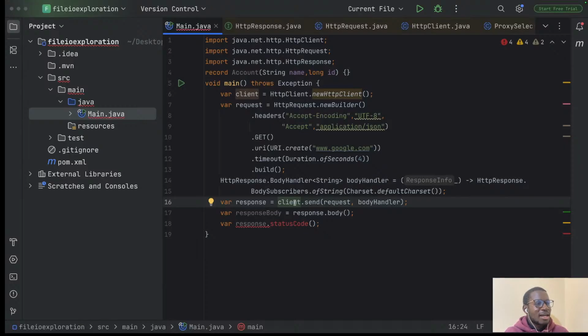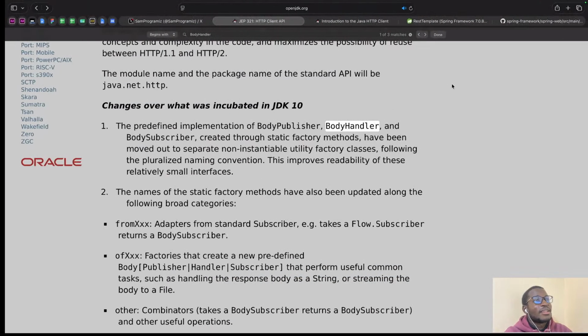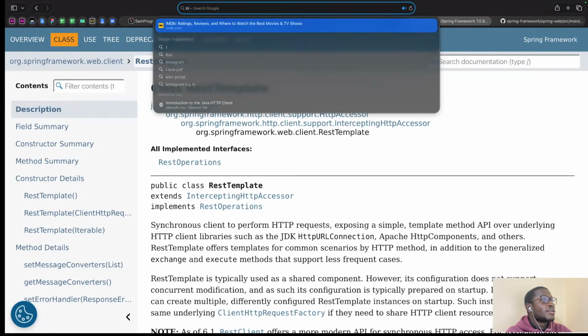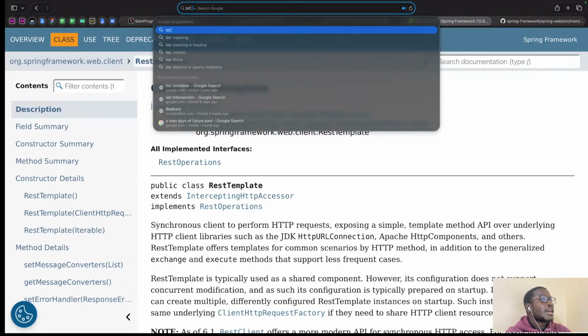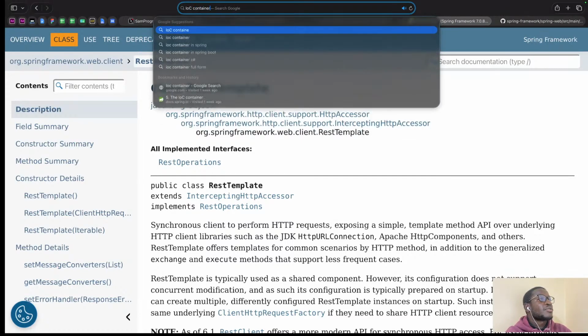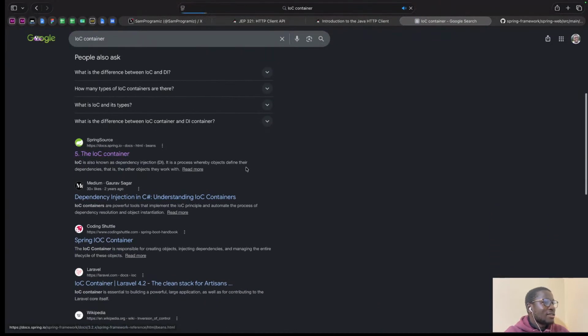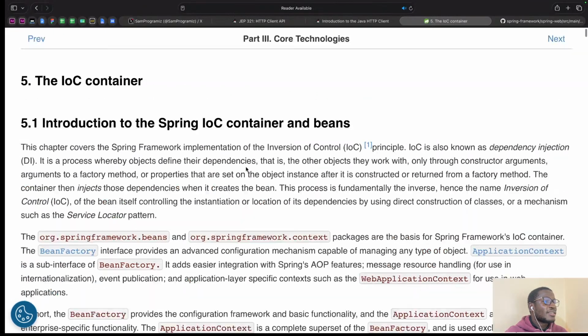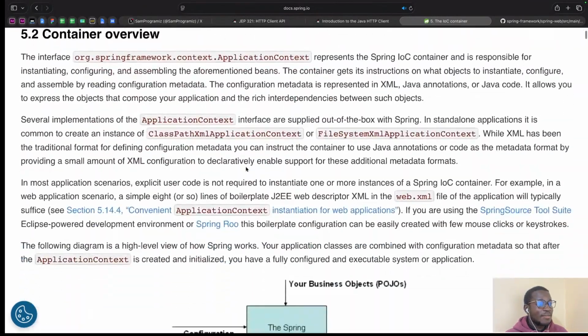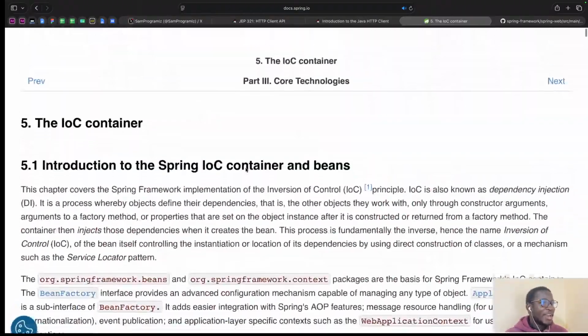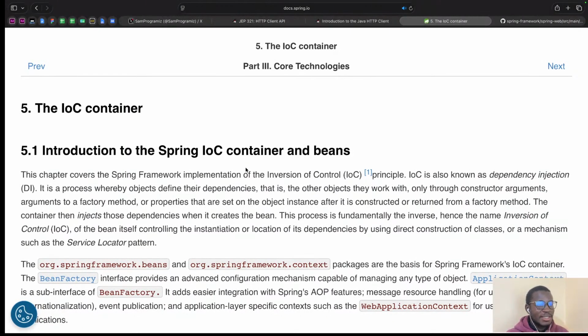The best place to start would be with the IOC container. IOC, inversion of control. The best place to start Spring Framework would be this IOC container. If you can take time and just go through this small or not very small piece of documentation on IOC, this would be the best place to start learning Spring,